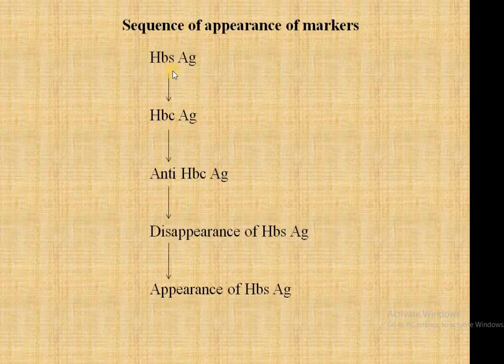Now something like a sequence, how do the antibodies appear? First antigen detectable is HBsAg in acute, chronic or carrier state. HBcAg is a core antigen which is generally not detectable, but anti-HBc is detectable, IgM type in the active phase, IgG type in the chronic phase, and this is the first antibody which appears. After that HBsAg disappears and anti-HBs, the antibody to HBsAg, appears. So it appears after anti-HBc. This is the first antibody which appears in hepatitis B.